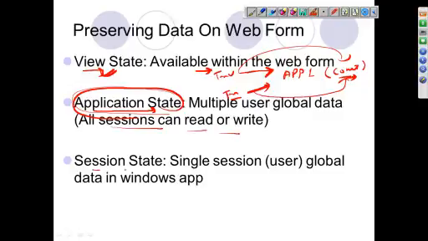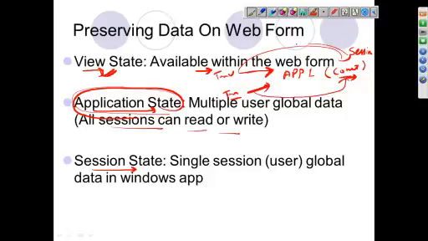Now session state is specific to the session, or specific to the user basically, because a session is when one user is using the application. In a web application, when one user is logged in and using the application, we call that one session. Now if some variable count is defined in session, it can be used in this session.